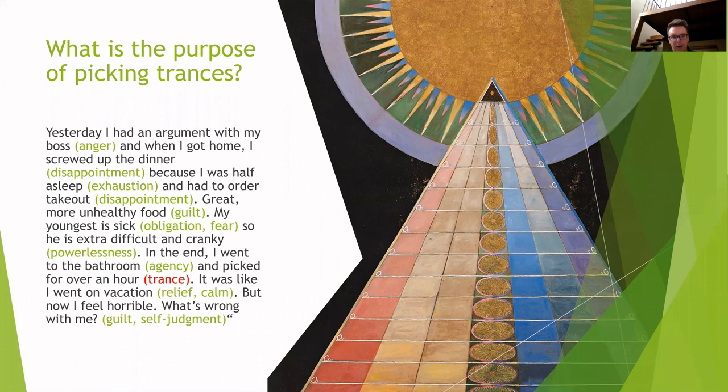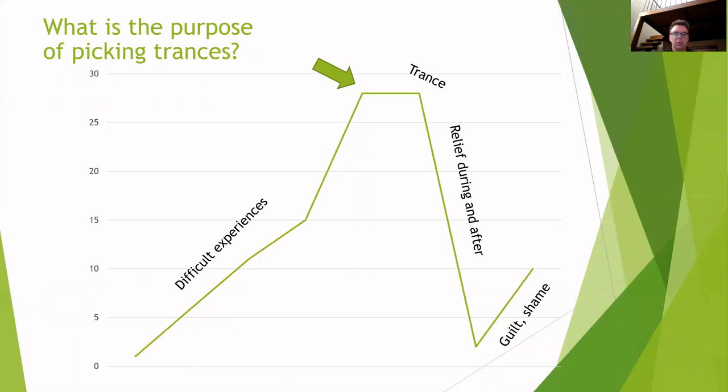So let's simplify it even further, to leave out the words and just look at the emotions that were left out. The numbers mean nothing, just ignore those. During the day, there was an accumulation of bad experiences. There was a difficult day at work, there was the fight with her boss, and there was the dinner that didn't go well. The experiences accumulated as much as she could possibly put up with them until the green arrow here.